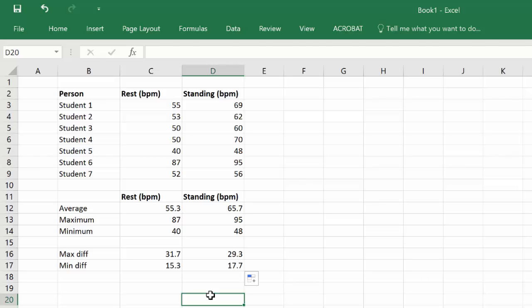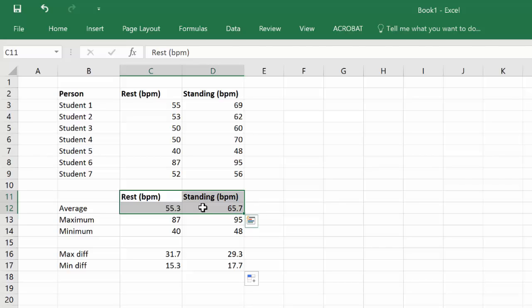So now we've got enough summary information that we can do a bar chart, and we could then also put range bars on there showing the range of the data. So that's the next process. To do that, I'm just going to select these 4 cells here, my resting BPM, my standing BPM, and it's got that average data in there. I haven't selected my titles at the left-hand side, my row titles,